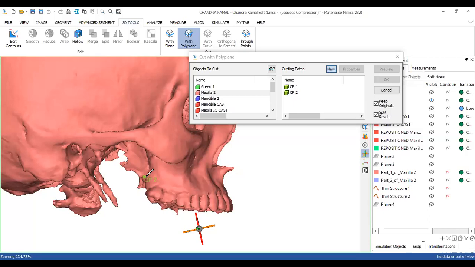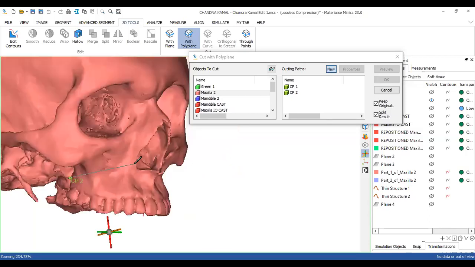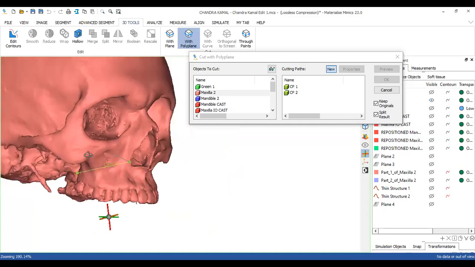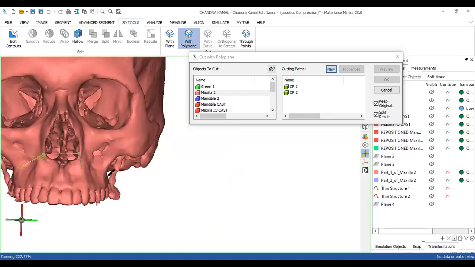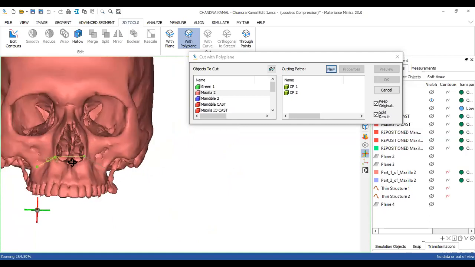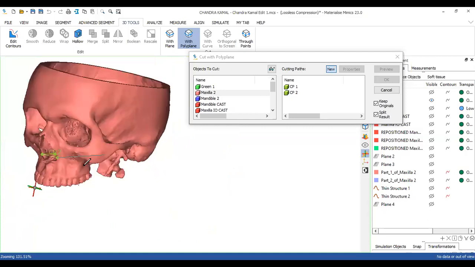Okay. Now going back to assigning points. This is my point 1. This is my, let's say, this is my point 2. Again, this is my point 3. Right? If you see the plane has not closed on itself, I can now further add a point 4 here.